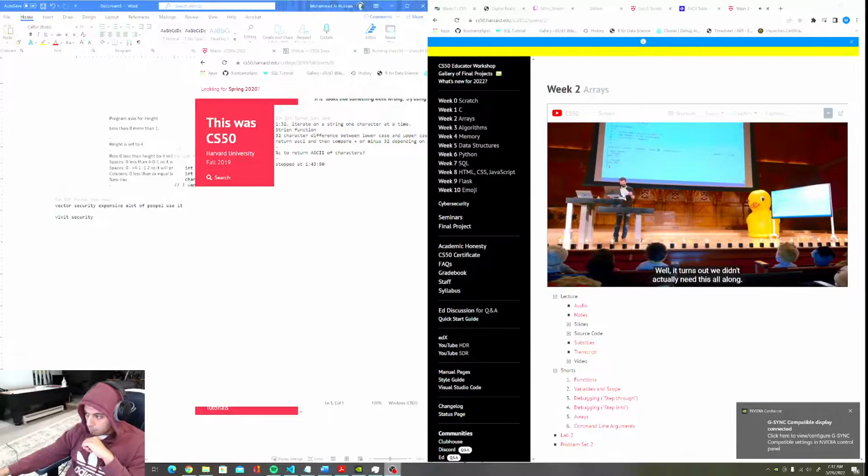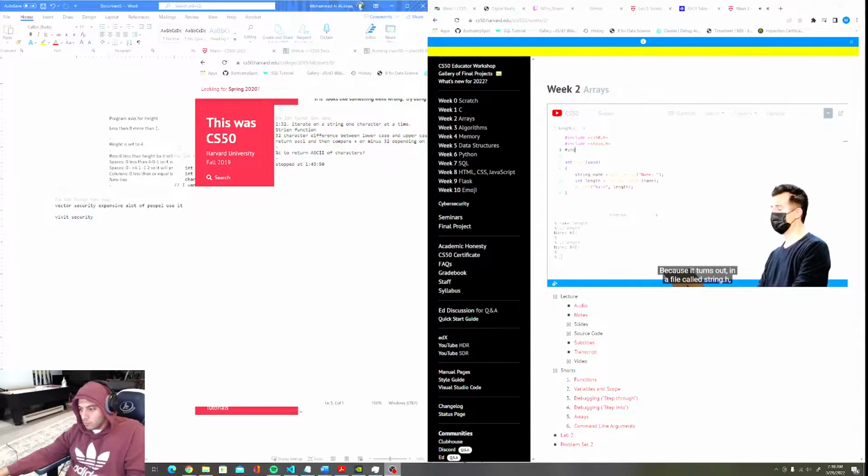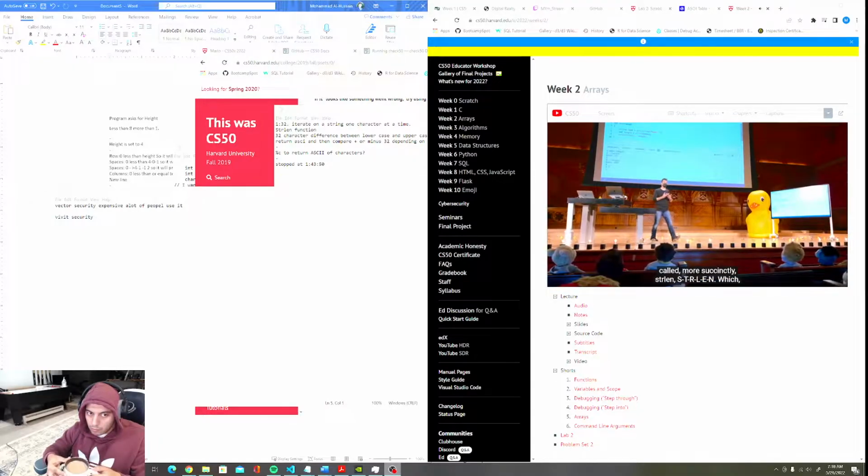function that determines the length of a string. Well, it turns out we didn't actually need this all along. It turns out that we can get rid of my own custom string length function here. I can definitely delete the whole implementation down here because it turns out in a file called string.h, which is a new header file today, we actually have access to a function called, more succinctly, strlen, S-T-R-L-E-N, which literally does